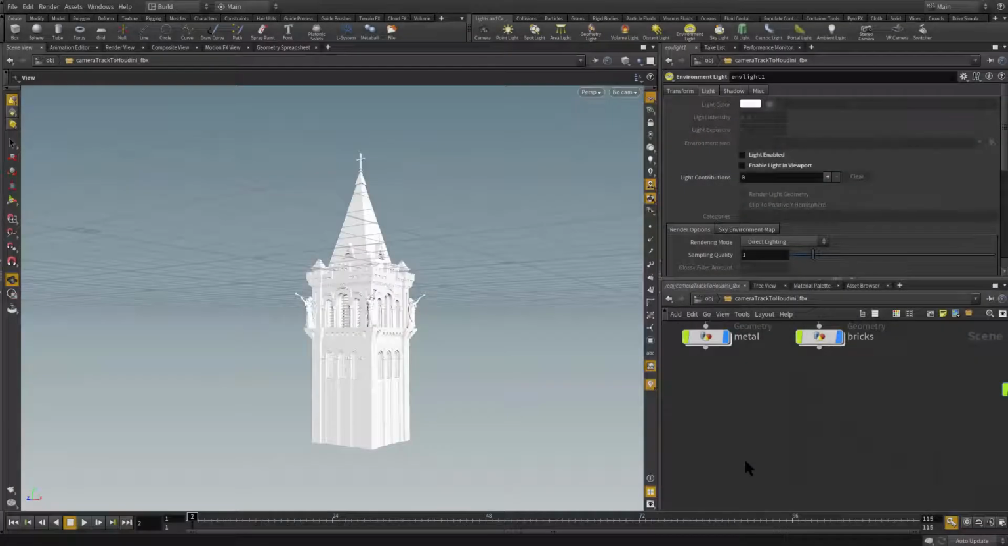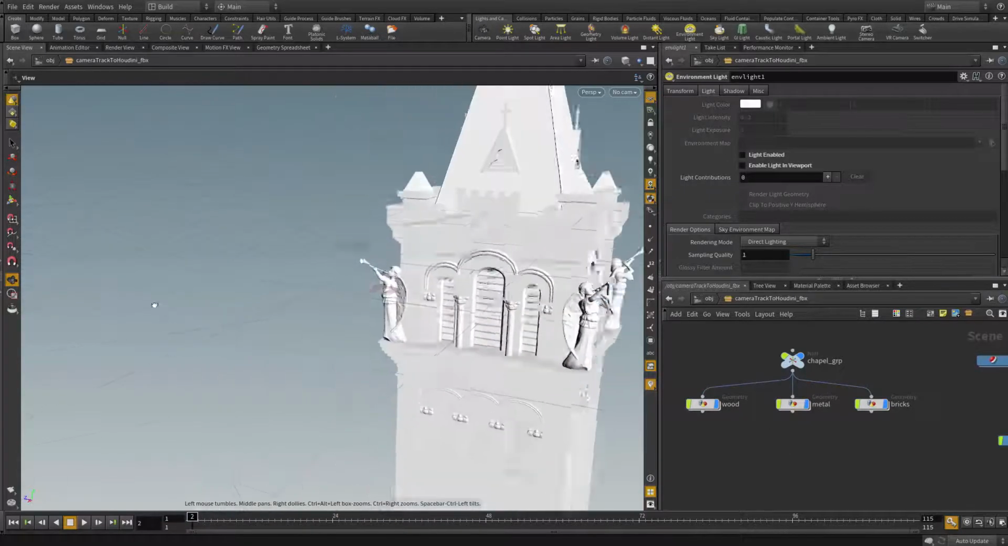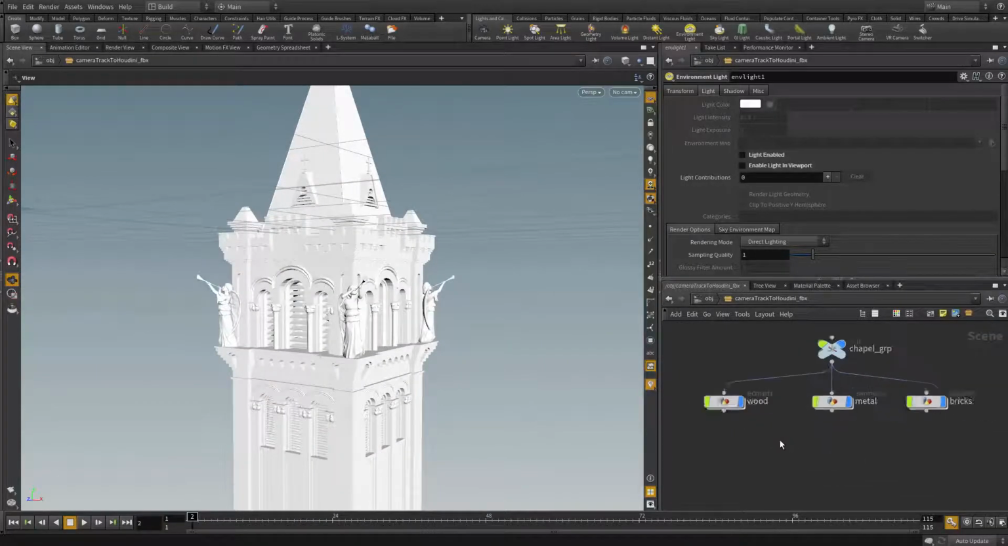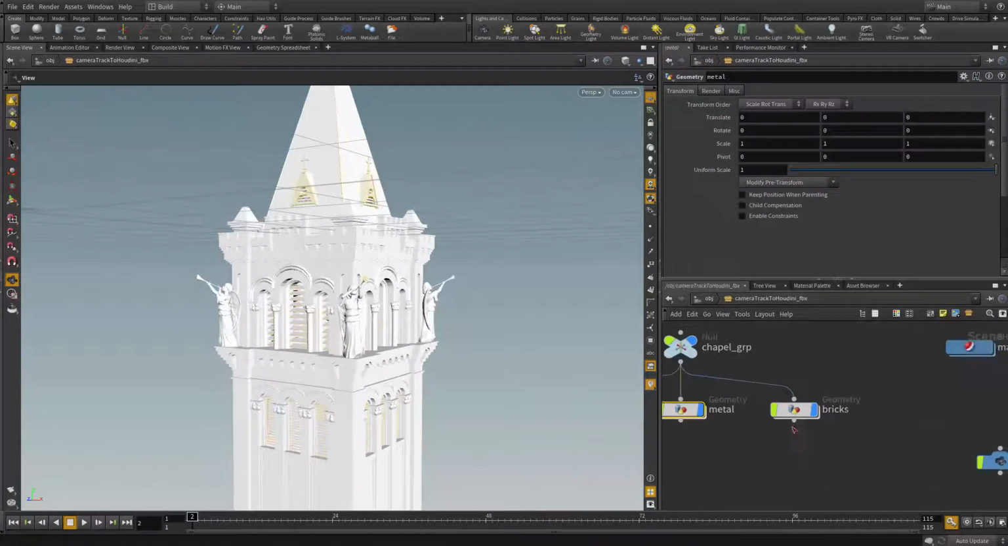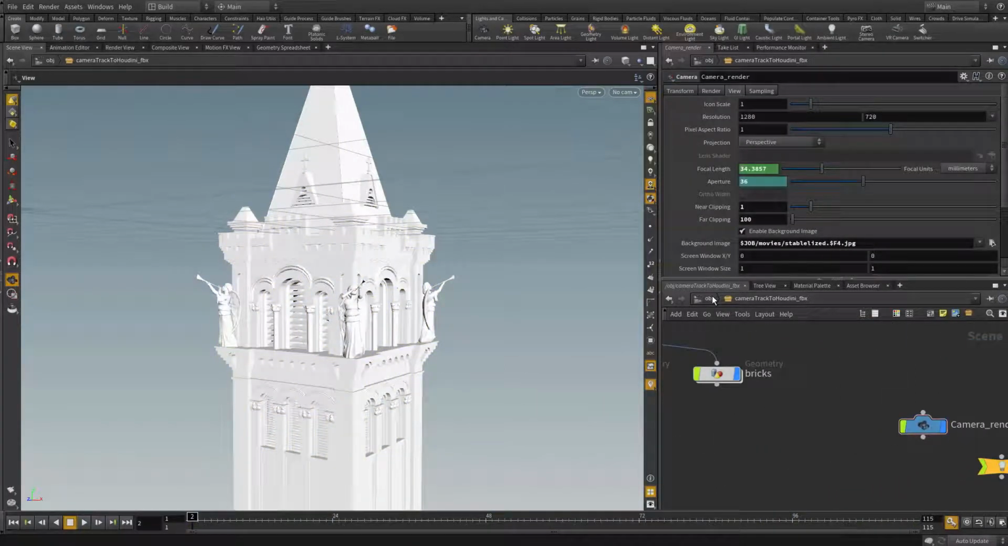Hello and welcome back. So we are going to move on to the rigid body destruction part of this chapel here. We have all the geometry imported. I have wood, metal, and bricks, and I have the camera here. I'm gonna go outside of it